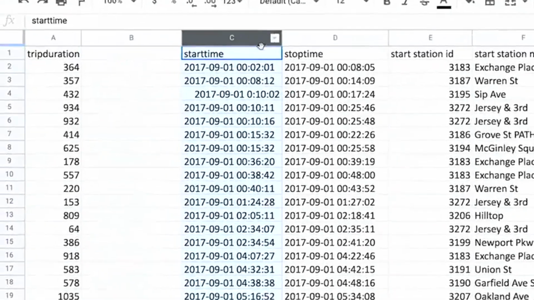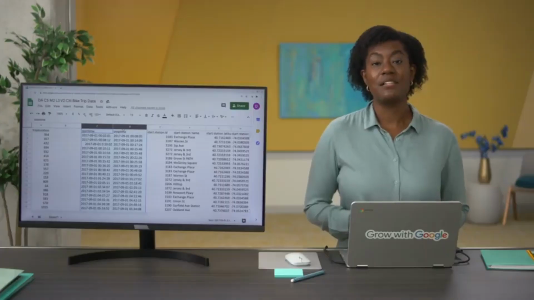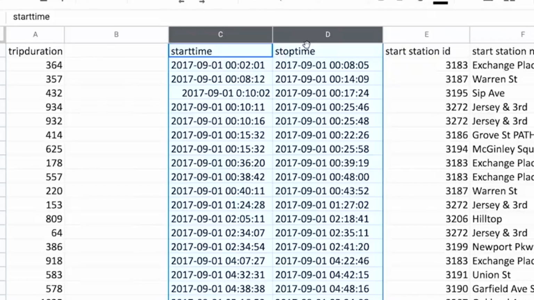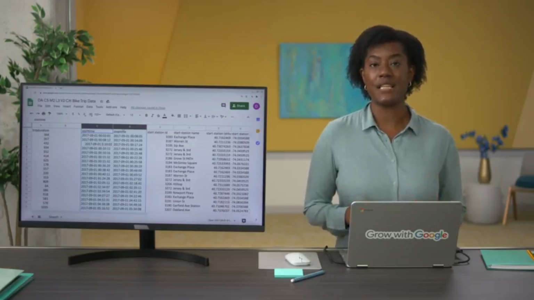In the start time and stop time columns, there are strings that contain information about date and time of each ride. This is all useful data, but chances are we'll only need part of these strings to make a formula or answer a question. For example, these strings contain multiple data points, like date and time. But if we're trying to find the average time between start times, we won't need the date. We can actually use len, left, and right, and find to split the timestamps into separate columns if we want. Let's build a simple formula to separate the dates in these strings.